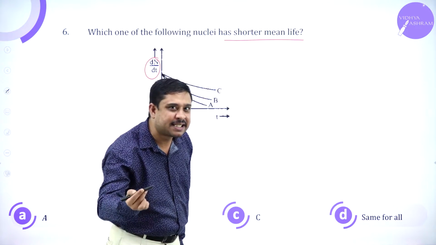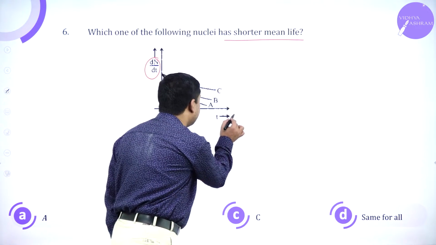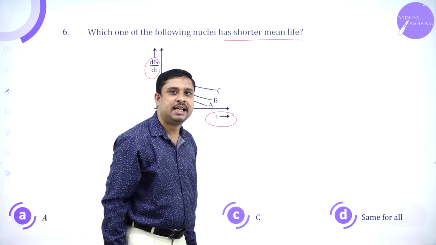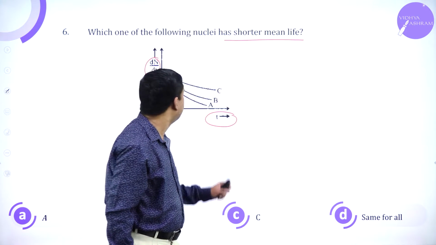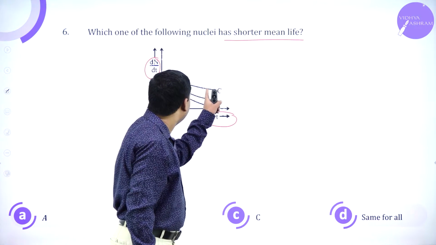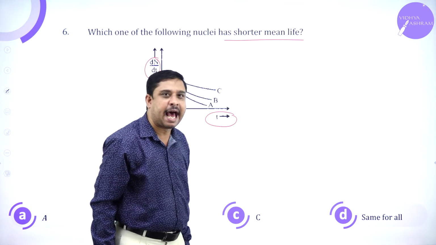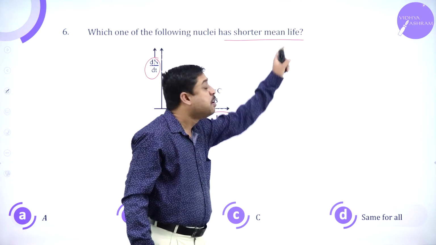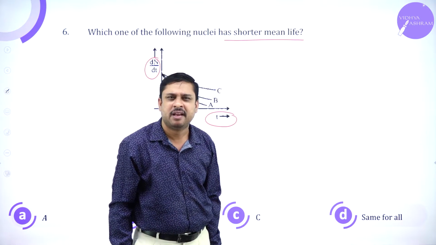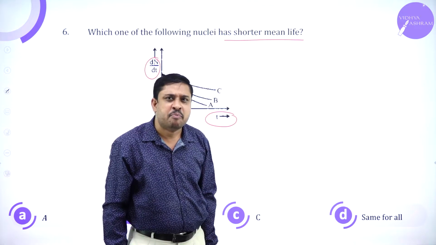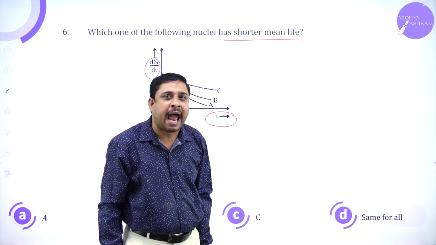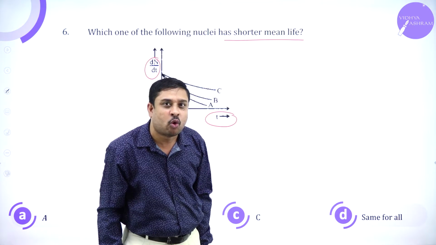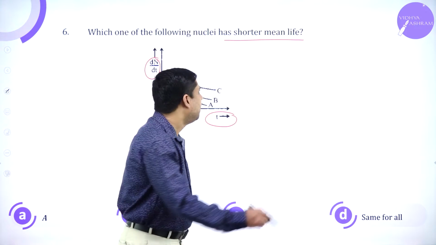Activity, very good. Time along x-axis. I should know which among the graph curves has shorter mean life. Let us now relate mean life with activity. I know